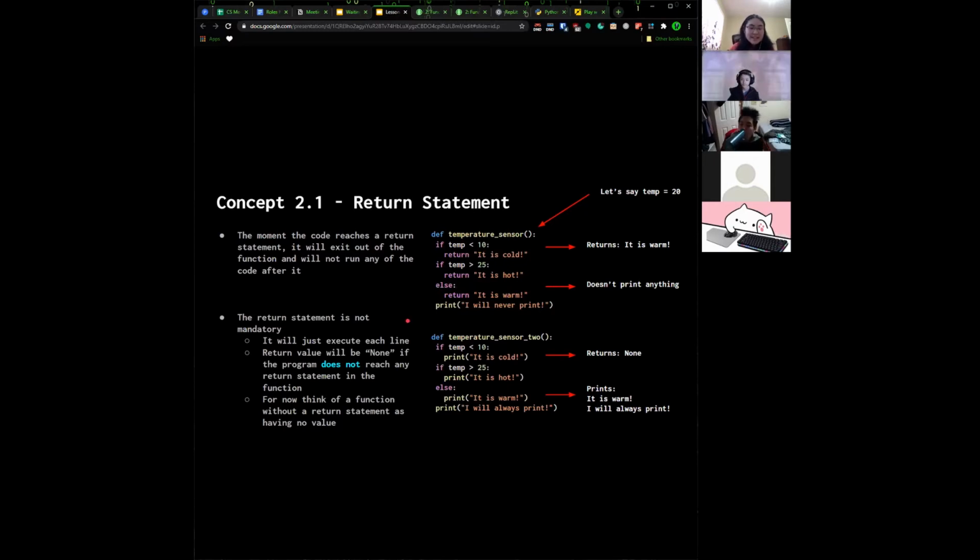So the return statement is actually not mandatory in functions. If you don't have one, it will just execute each line of code. Technically, a function will always return a value, but it will return None if it doesn't reach any return statement within the function. So for now, you can think None just means no value. If we look at our example on the right, temperature sensor 2,